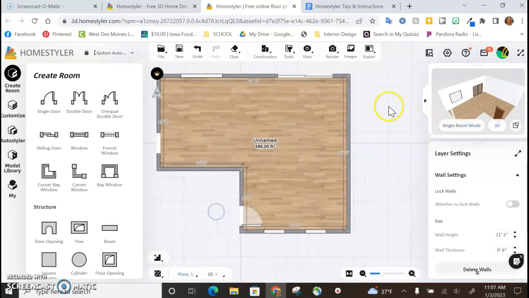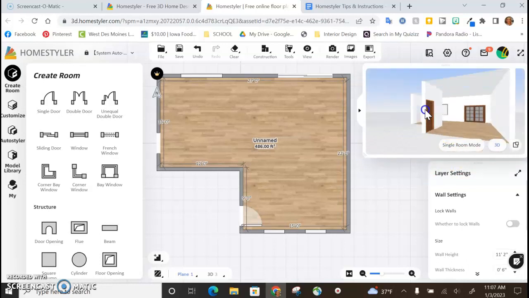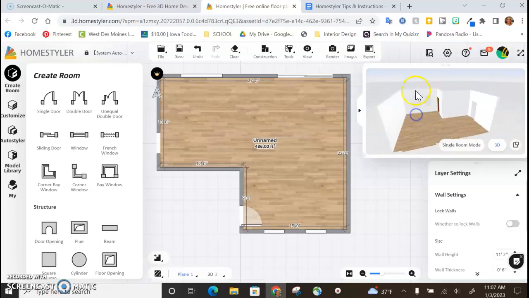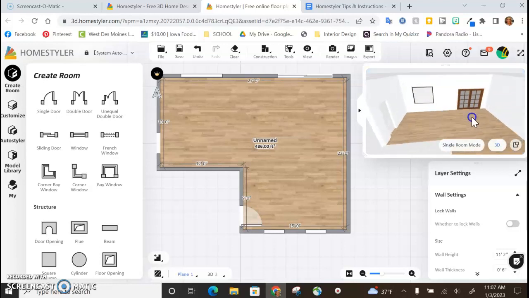The next video is going to show you how you can edit these windows and doors if you're not a fan. But what we have not done yet is looked at how it looks in 3D. So if you've noticed, there's been some changes happening over here. So what I like to do is drag this bigger, and then you can click and spin around your room here. So there you can see the 2 windows, and there's the window with the slider, and then you have